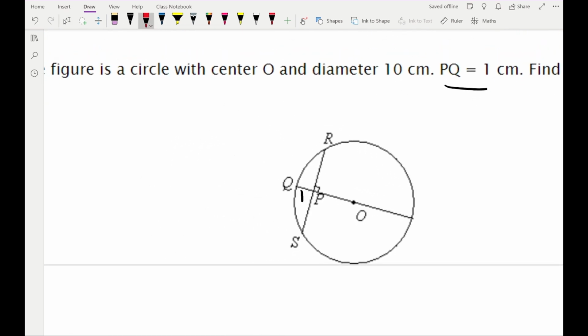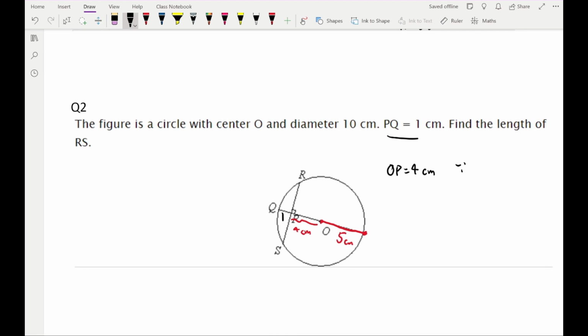So if the diameter is 10, we can immediately say, well, that length there is the radius. So that has to be 5 centimeters. Also, the other side is the radius. So that whole thing has to be 5 as well. But realistically, that means that this bit is 4 centimeters. So let's fill in what we know. PO or OP is 4 centimeters